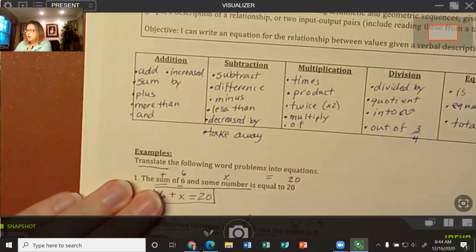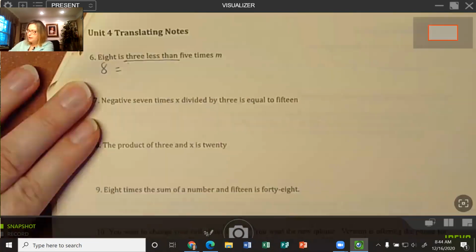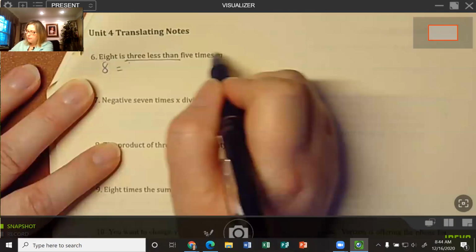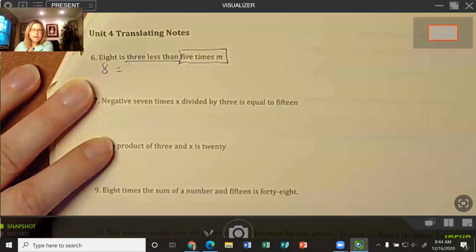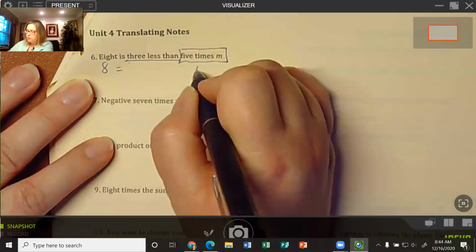To our notes as well, take away. And then, 8 is 3 less than 5 times m. So you have to ask yourself, 3 less than what? Well, it's not 3 less than 5, it's not 3 less than m, it's 3 less than 5 times m, so it's 3 less than 5m. So this equation,